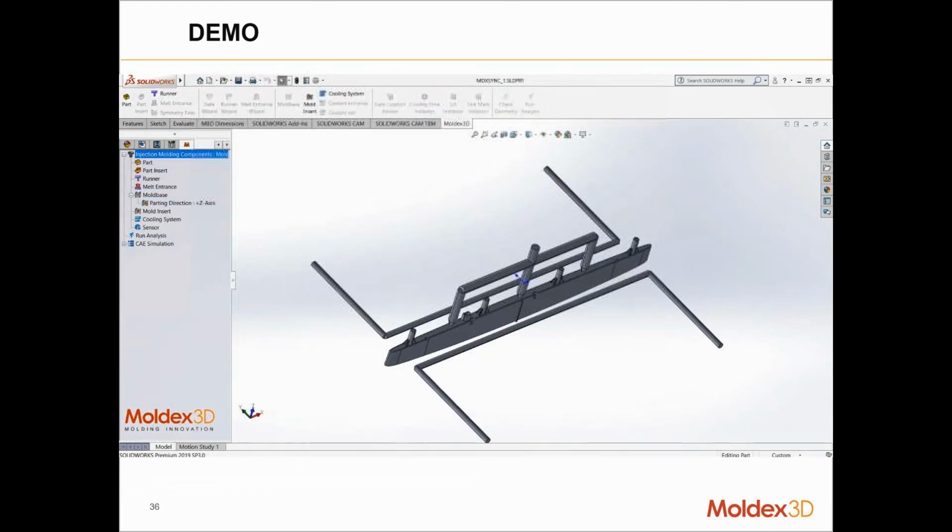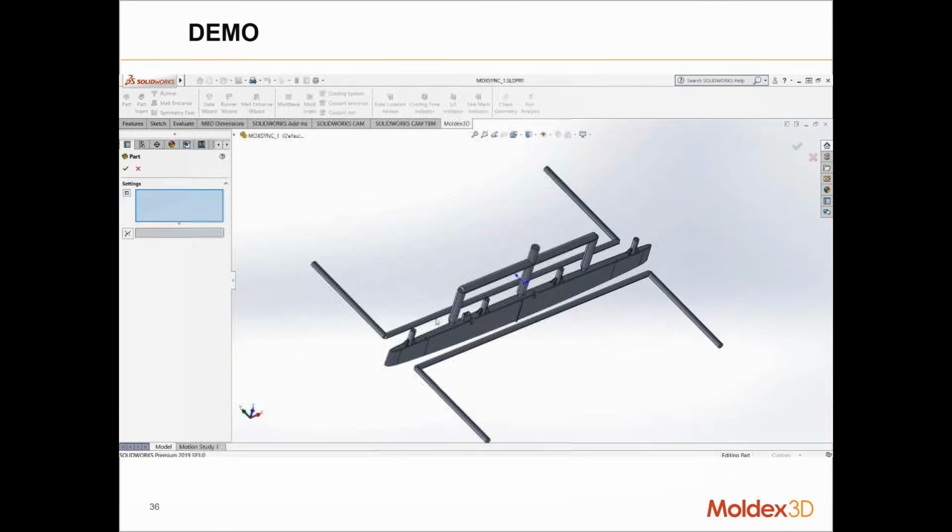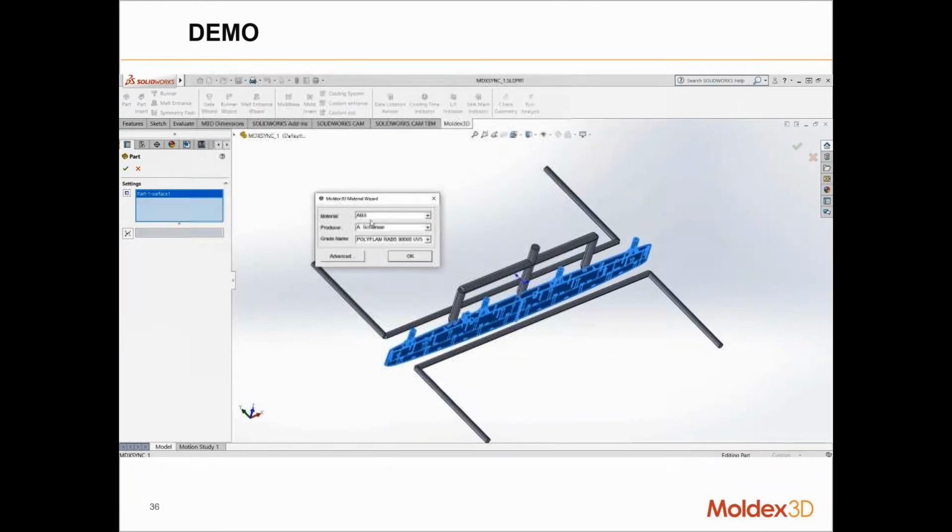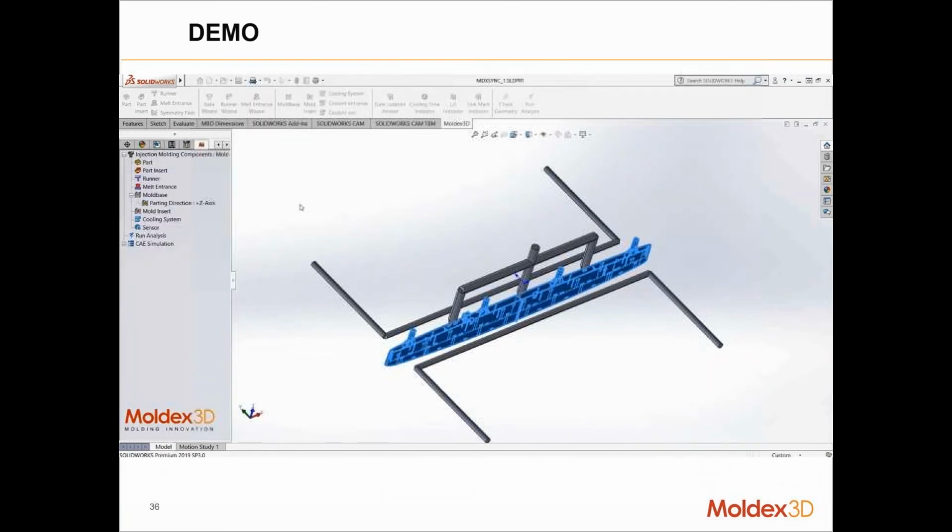So on the left window, you can see this is going to be our part. And we could choose the materials in our material data bank. In our current material data bank, we have almost 9,000 materials. And once we define the material property,